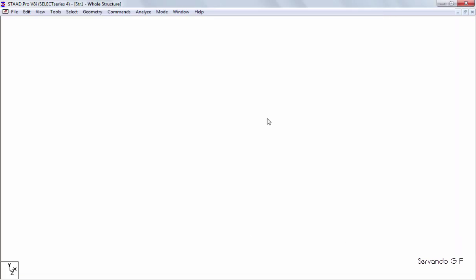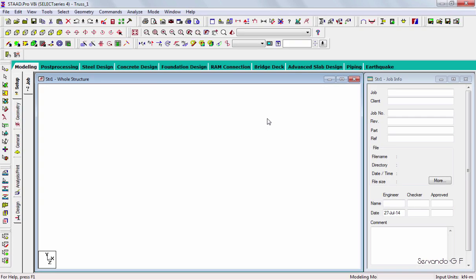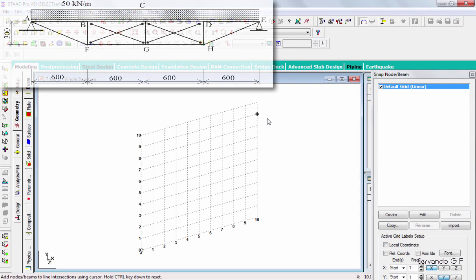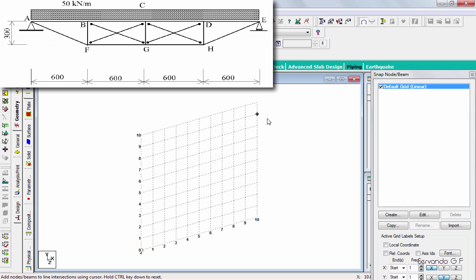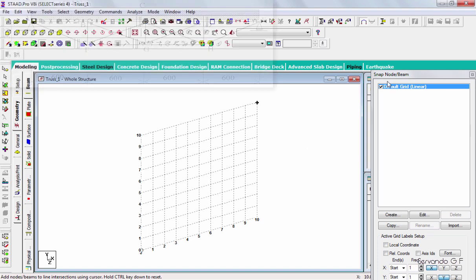and this is the structure that we're gonna model. And well, we're gonna try to adapt this model into Staad, and afterwards check if the results are the same with Staad or with a hand calculation. Okay, so first